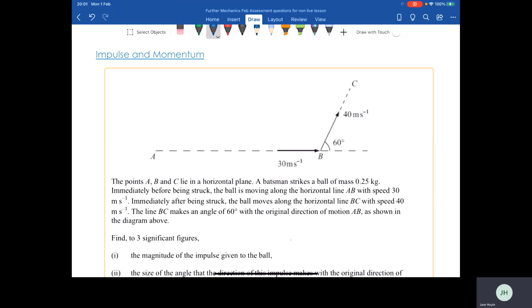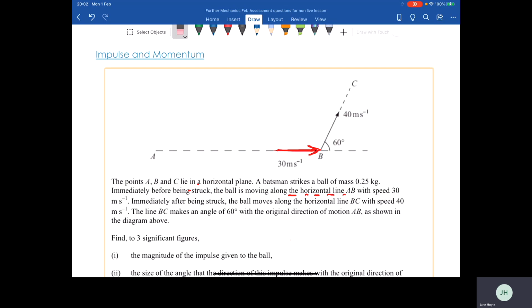So we've got 3 points. A batsman strikes a ball of mass 0.25. So the ball is initially coming in at this angle here, or what we see to be horizontally. Of course, 'in the horizontal plane' just means it's on a flat cricket pitch. But then it talks about immediately before the ball is struck, the ball is moving along the horizontal line AB. So it's then referring to this horizontal as well, with speed 30 meters per second. Immediately after being struck, the ball then moves in